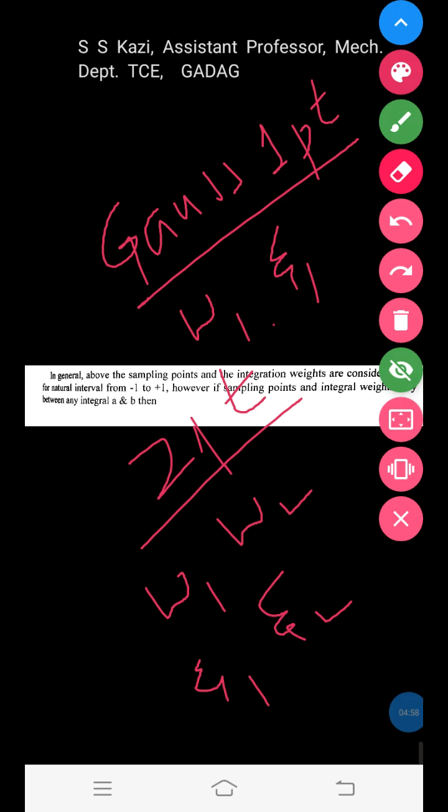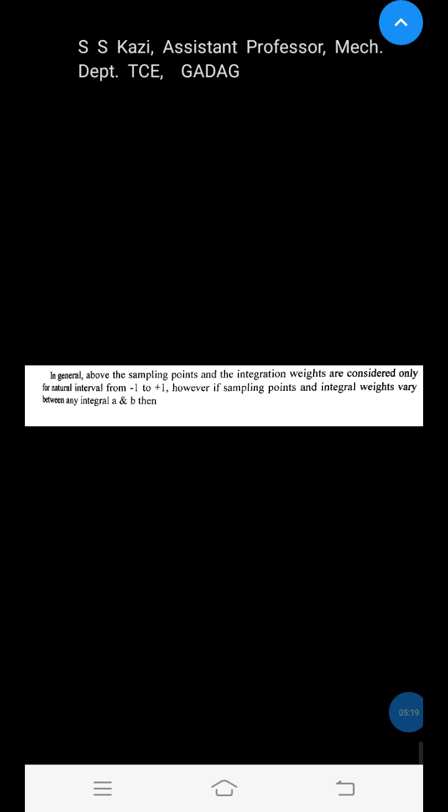Likewise, for the interval a to b, using Gauss 1 point, we should use W1 bar, zeta 1 bar. For 2 point method, W1 bar, W2 bar, zeta 1 bar, zeta 2 bar. For 3 point method, we are using 3 weighting functions, W1 bar, W2 bar, W3 bar, and zeta 1 bar, zeta 2 bar, zeta 3 bar. Now, how to calculate these weighting functions for the interval a to b is given by